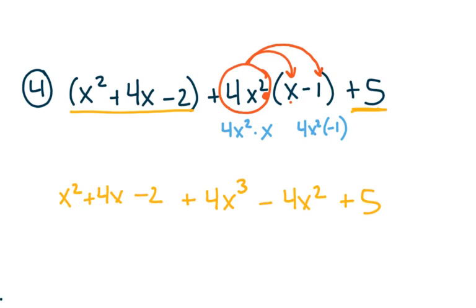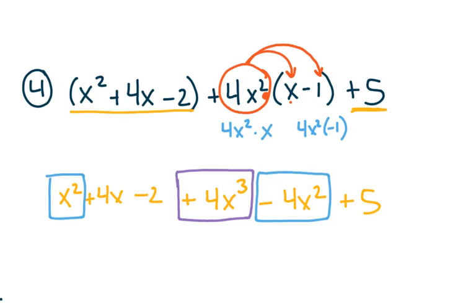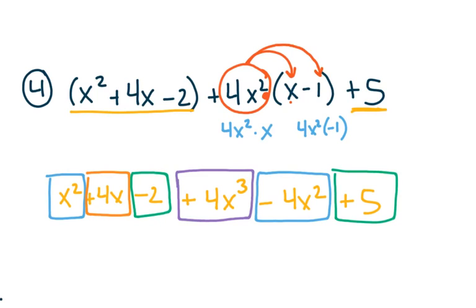I see my highest exponent here is an x cubed, which I'll circle first. That would be written first. Next, I have x squareds. There's an x squared, and I have a negative 4x squared. I have a 4x here, but no other x's to combine with it. And lastly, I have a minus 2 and a plus 5. So to figure out my final answer, I want to write it in standard form. So I start off with my 4x